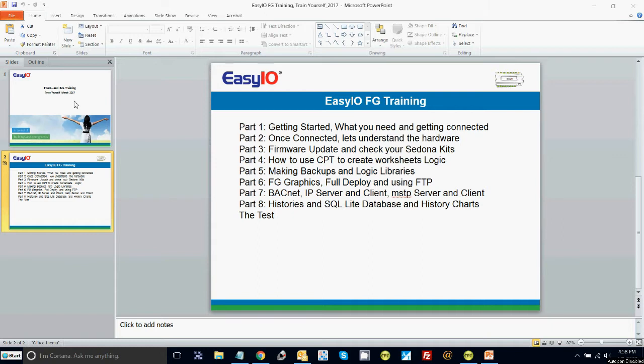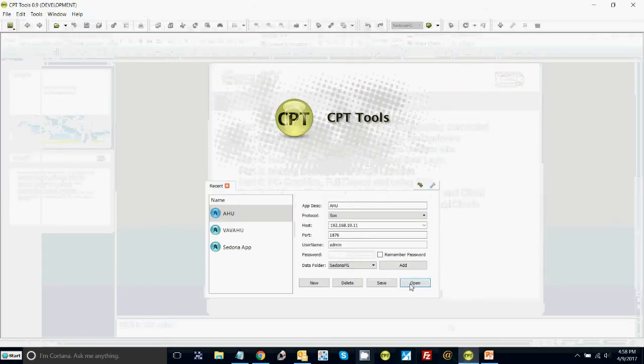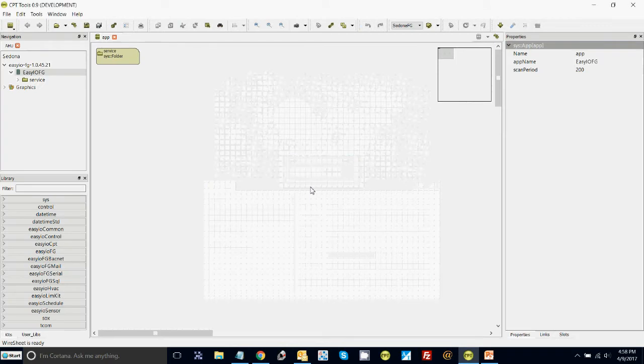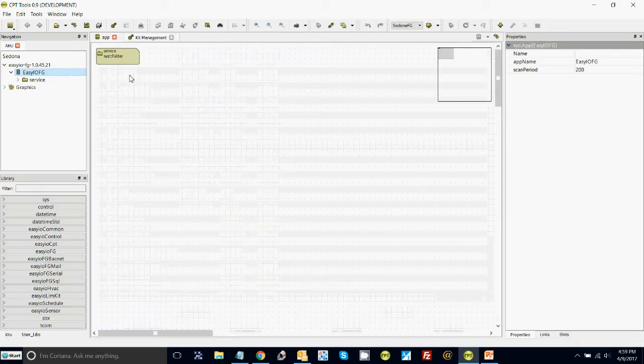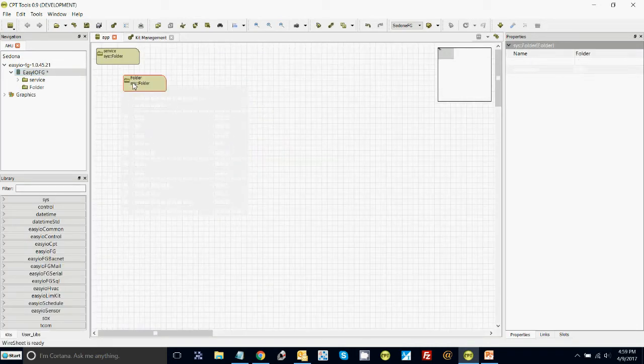So what we're going to do now is go to the CPT, open it, and start with a blank wire sheet. You'll see all the kits are installed, the FG BACnet kit is installed, make sure they all equal. That looks perfect. What I always do is I like to always have a separate folder for everything I do. So I just name this BACnet,